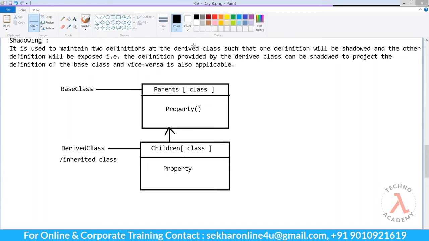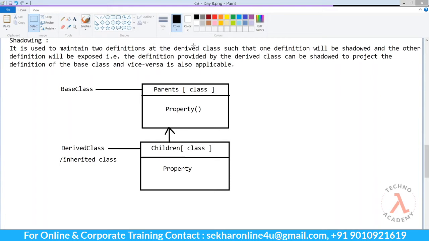If everything is going smoothly, then I will be enjoying the movie and then going home. If something goes wrong, if my parents or neighbors or relatives turn up at the cinema hall, then I will immediately change my behavior to the one I have informed my parents. That is, I will immediately move out of the cinema hall and attend the college. So, as a child, I can behave in two ways. More or less, the concept of shadowing will also be similar to the third category of parent-child relationship.